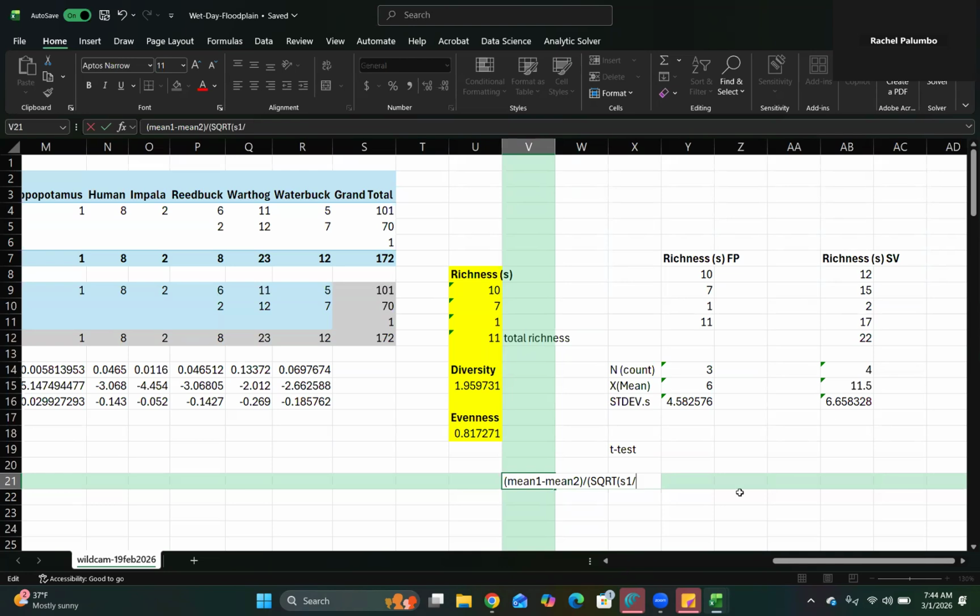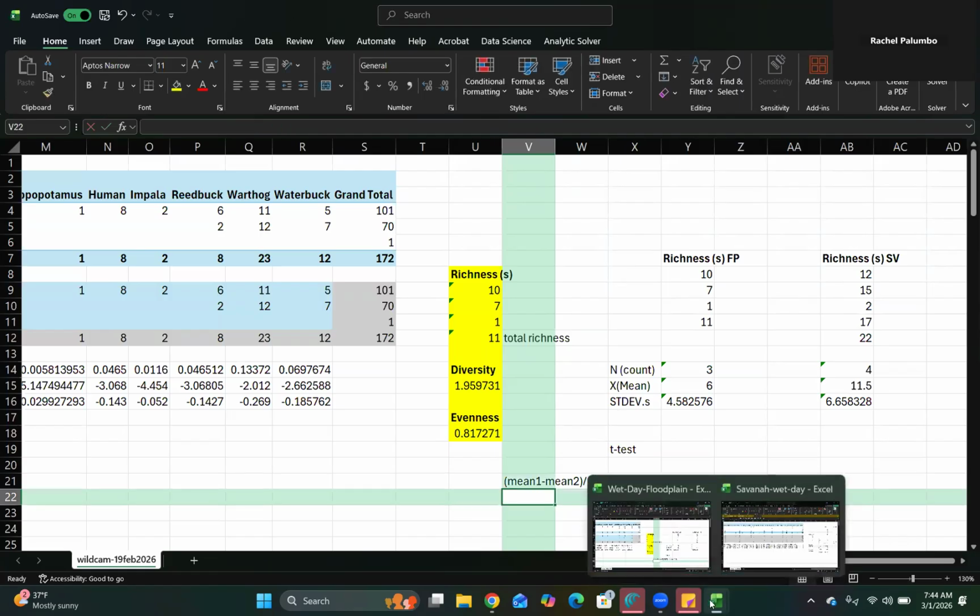Divided by N1. I know this is a lot, guys. Plus the S2 divided by N2. Okay, and then I'm just going to check that. So